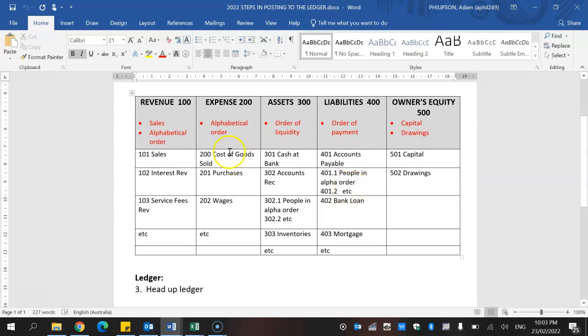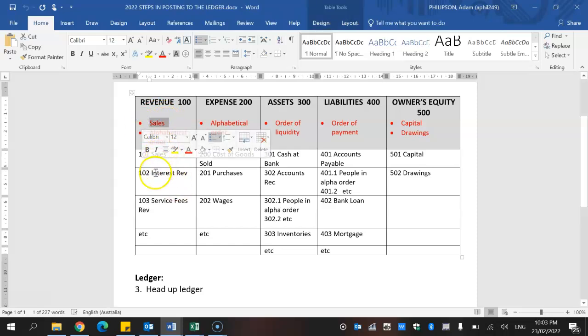Okay, and so underneath that we can see a bit of a numbering system. And with revenue, sales is typically first, and then everything else is alphabetical after that. Expenses, cost of goods sold is our first expense, but then everything else is alphabetical after that. Assets go in order of liquidity. So cash at bank 301, accounts receivable, we practiced those previously with balance sheets. So we apply this numbering system for order of liquidity, order of payment for liabilities, and owner's equity, capital, and